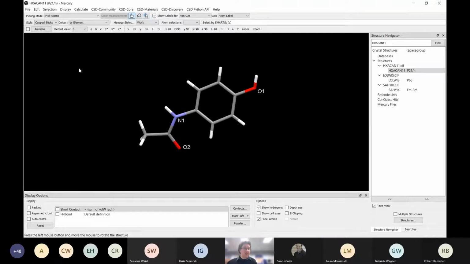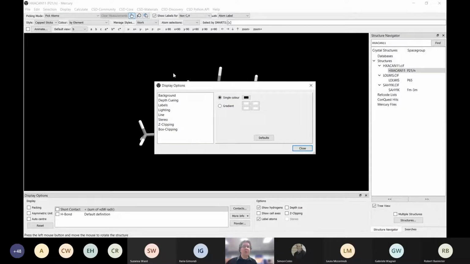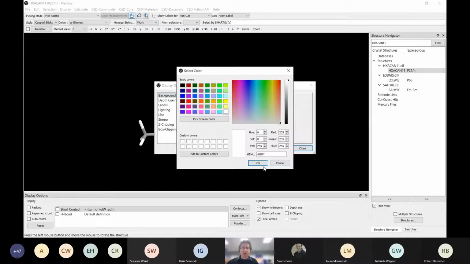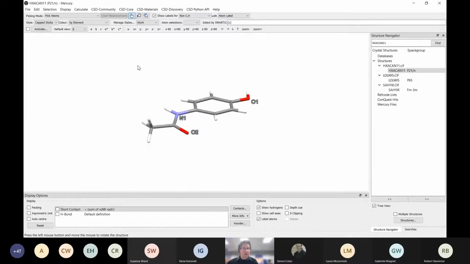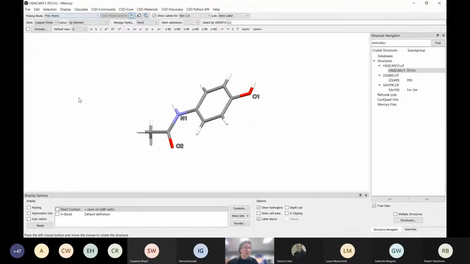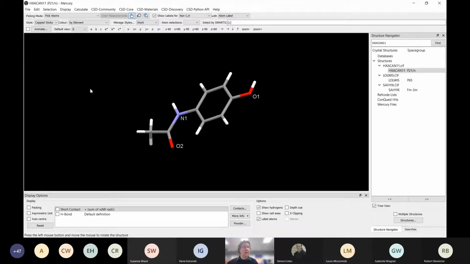Again, go into space and click, and we have draw backdrop and display options. If I click on display options, actually I will do it from here as well. So in display, we can also do display options, and it comes up with exactly the same menu. At the moment, all I'm worried about is background, and this is what we do. It says single color, and I want to have it white, and that's fine. And we now have it white. If I now right click on space, you see the draw backdrop is ticked. If I untick it, it will go back to black. But having changed it to the white one,